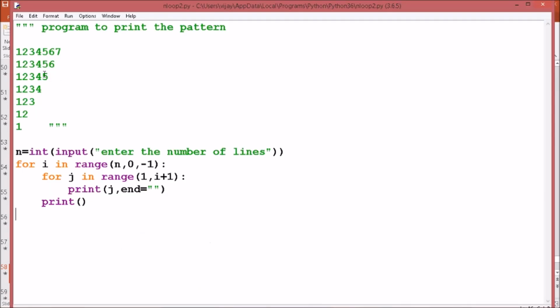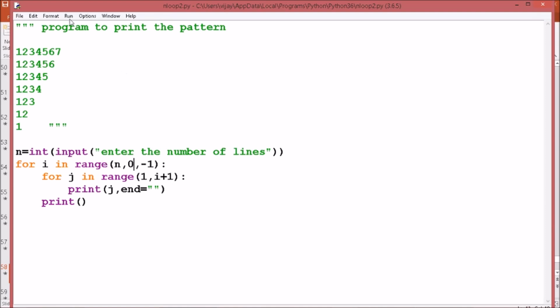So if we want to print in line number 1 all the 7 numbers, in line number 2 all the 6 numbers, you can say that the first line will be treated as line number 7, the second line as line number 6, line number 5, line number 4, line number 3, line number 2, line number 1. We'll take the line numbers in reverse order. So it starts with n, its step size is -1, and it will move till 0. And for j in the range i to i plus 1, it will remain the same as in the previous program.